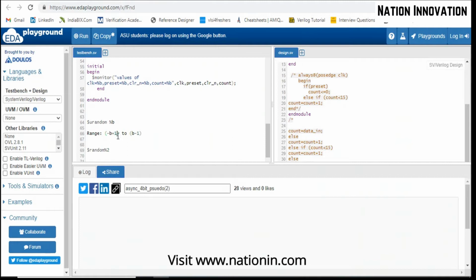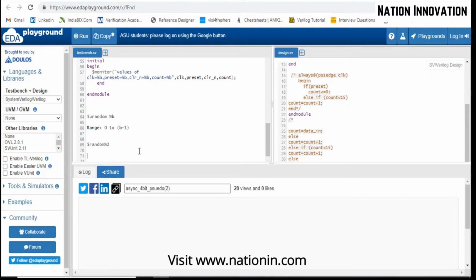For that the value will be different, and you might be familiar that a negative number is also represented in binary form using 2's complement representation. So it will generate a value in the range 0 and 1. It will randomly give the input 0 1 0 1 accordingly. So this is $random.